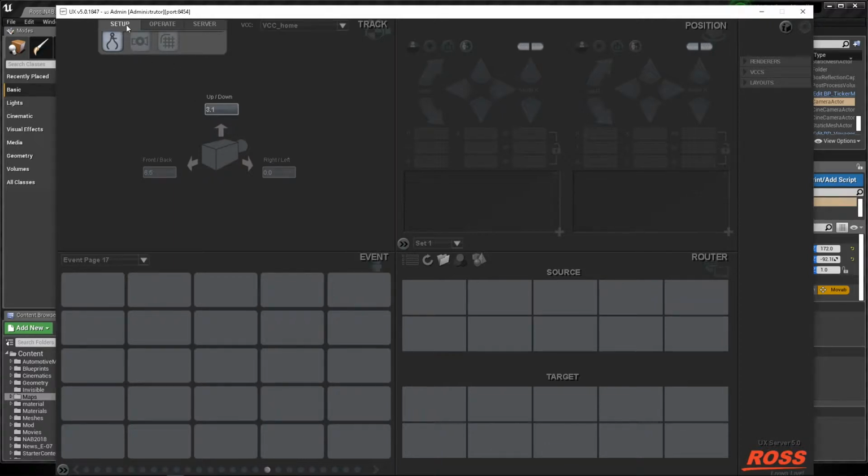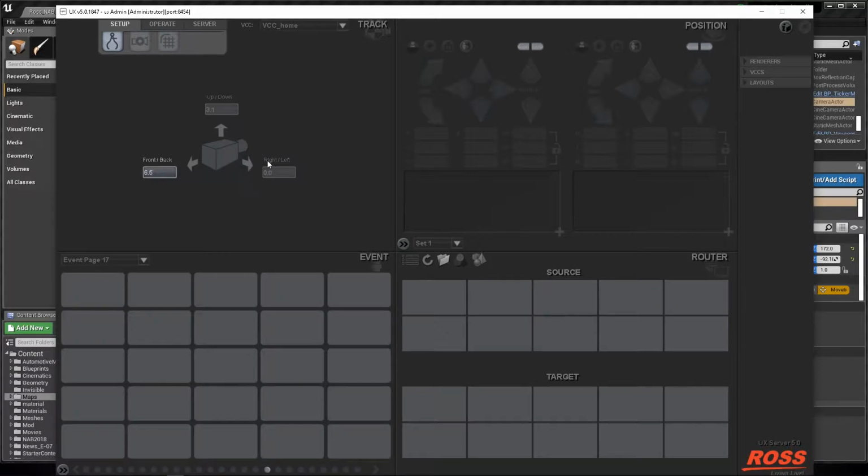It's just here in the setup tab, and then you can see the first icon here, which is the calibration. It looks kind of like a protractor tool that you might see an architect use for measuring. Typically you'll see there's three options here: the front, back, up, down, and the right, left. These measurements correspond to an offset of the center of rotation for the camera on the mount you've chosen.